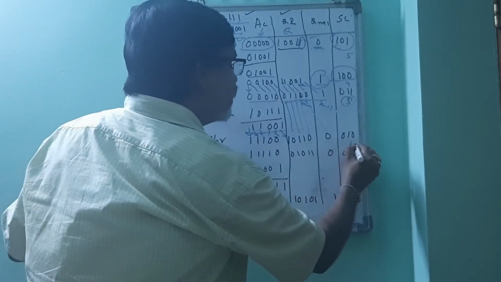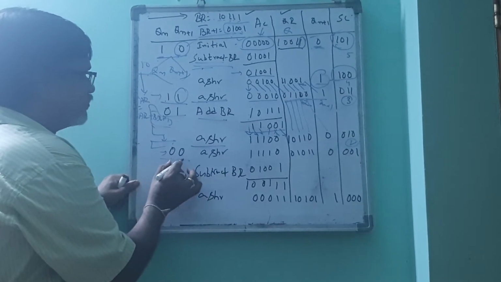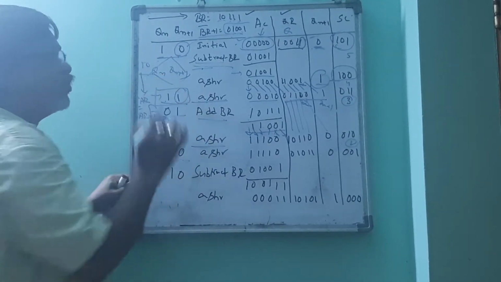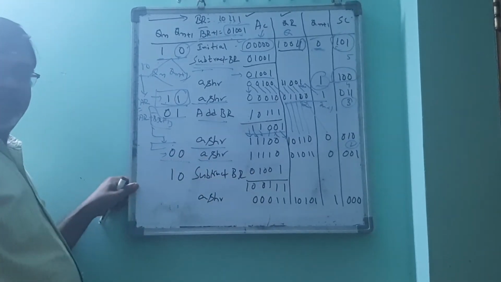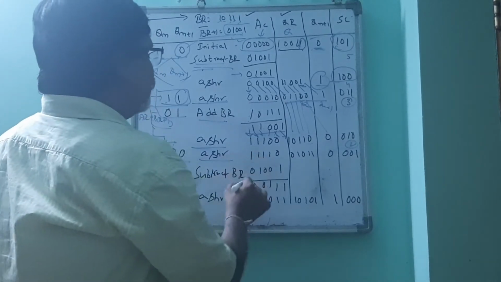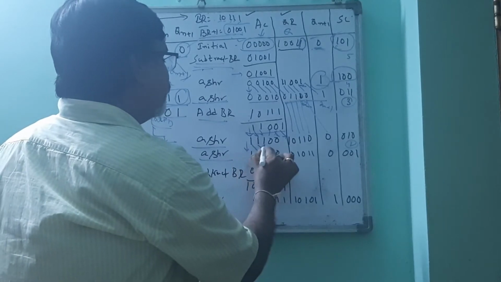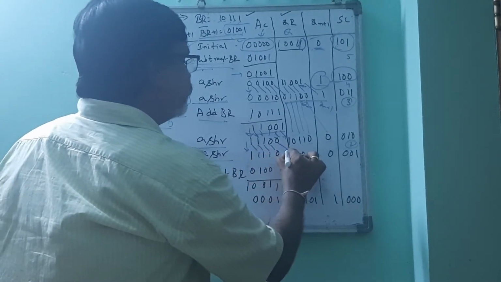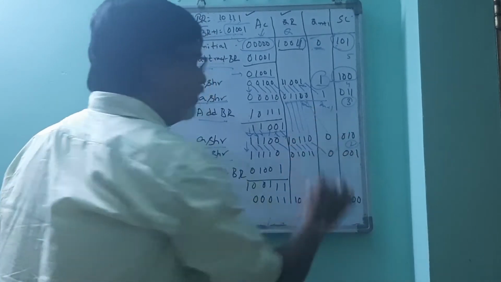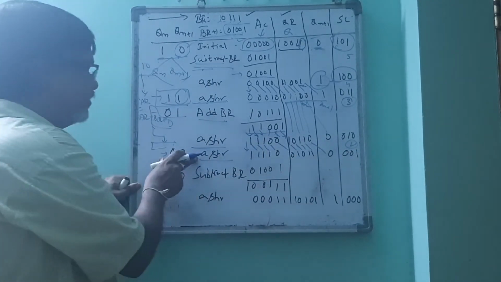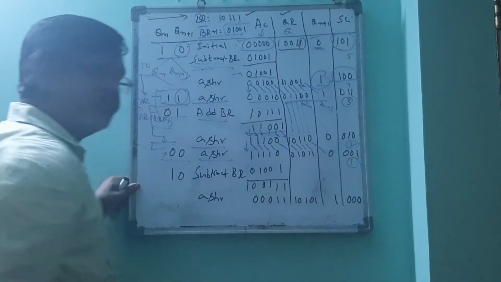So Qn and Qn plus 1 are 0 0. But the value of the sequence counter here is 2, which is not 0. That's why we continue with Qn and Qn plus 1 being 0 0. In the case where both values are the same, either both 1 or both 0, we simply perform arithmetic shift right. In the arithmetic shift right, the most significant bit is written as it is and copied here, and this will be transferred. After doing shift right without performing either subtraction or addition, the sequence counter value becomes 1.